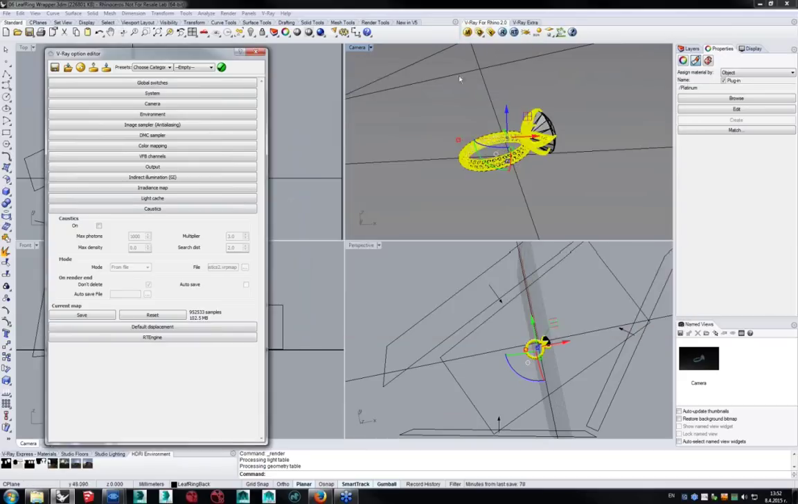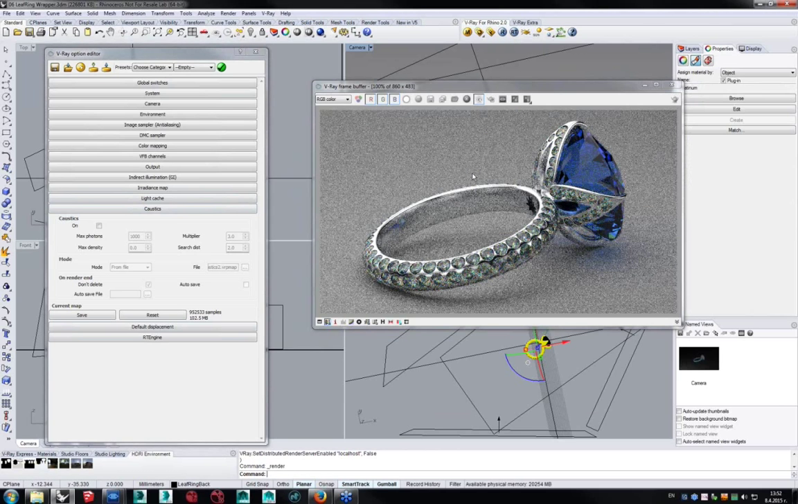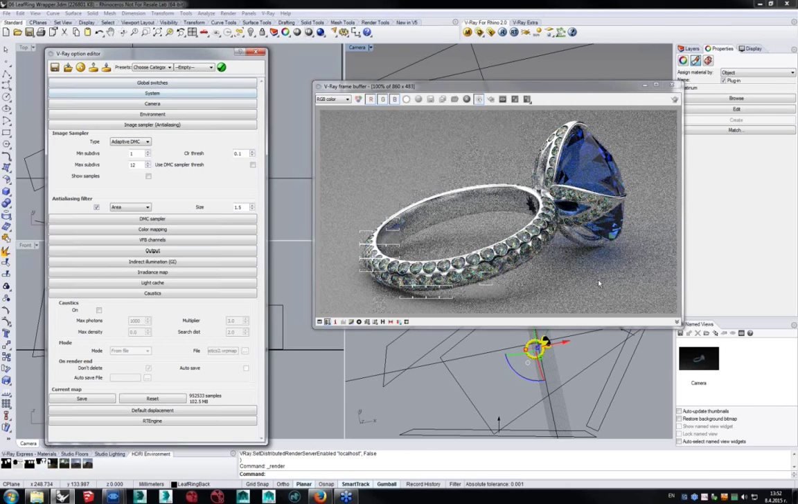So let's render. There we go. Now I have set it up to some really low settings here. As I said, I really like working that way because this is a way of fast determination of the quality. Now one thing that everyone knows is that when you have refractive or very reflective materials, you get caustics,